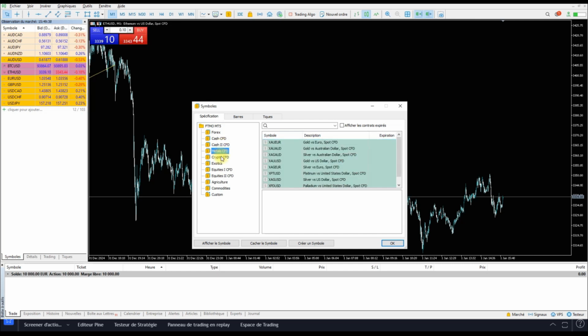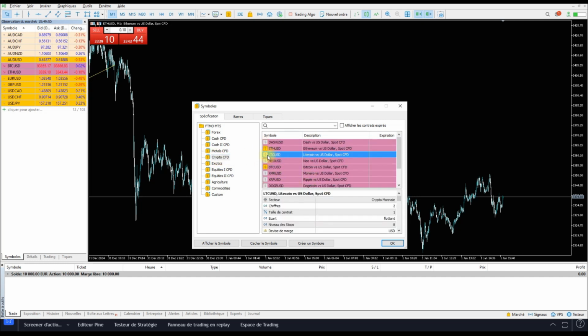The cryptos, you have this one, XRP. They are the exotic pairs. So there you can, of course, if you find, for example, that you want to trade the LTC, you double-click here so that it becomes yellow, and the LTC is put here. And cryptos are in pink, right? So you do okay, and to be able to have it,